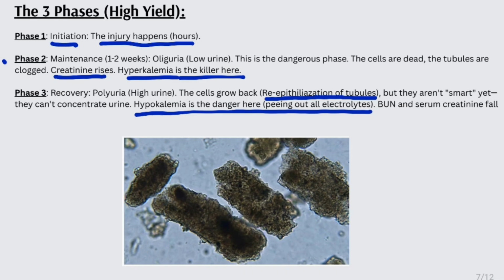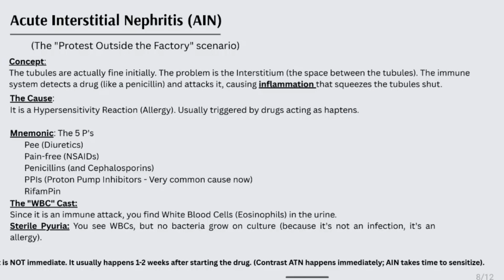This diagram shows the muddy brown granular casts within the tubules. After acute tubular necrosis, another important intrinsic cause of acute kidney injury is acute interstitial nephritis. In this condition, the tubules are initially intact, but the problem lies in the interstitium, which is the space between the tubules. A hypersensitivity reaction leads to inflammation in this area, and the resulting edema compresses the tubules and impairs